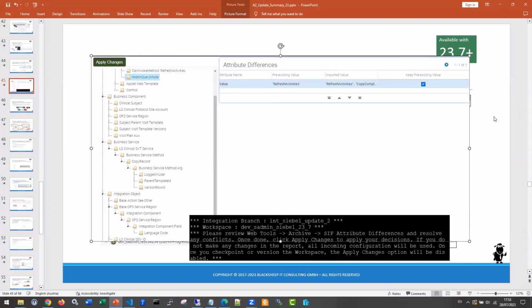The new view in Web Tools shows everything that SiebDev CLI has imported, and it is only available before you actually deliver the workspace. So the workspace has to be editable for this view, or the link or the command, to be active. So you can go to this view in Web Tools. And the first thing when I saw this view, I was thinking of my customer who still has to undergo the repository upgrade, and they start from 20.3, right? So I did a repository upgrade,